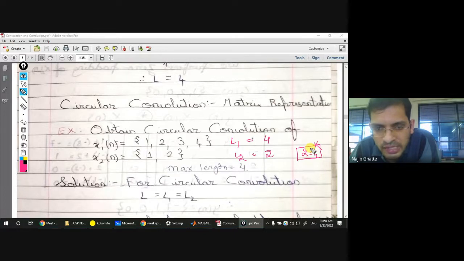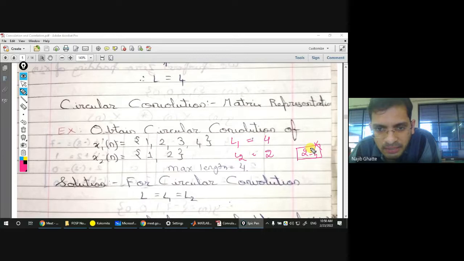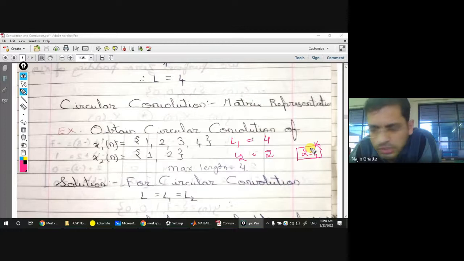फॉर्मूला बोलता है L is equal to L1 equal to L2. बट यहां पे अगर आप देखते हो L1 4 है, L2 2 है एंड 2 equal to 4. कैसे 2 इक्वल? मे बी x2 को सर्कुलरली रिपीट करेंगे तो 1 2 1 2 हो जाएगा। नहीं सर, बात ये है कि अपने को लेंथ को सेम करना है। कैसे सेम करोगे? 2 0 ऐड करके।